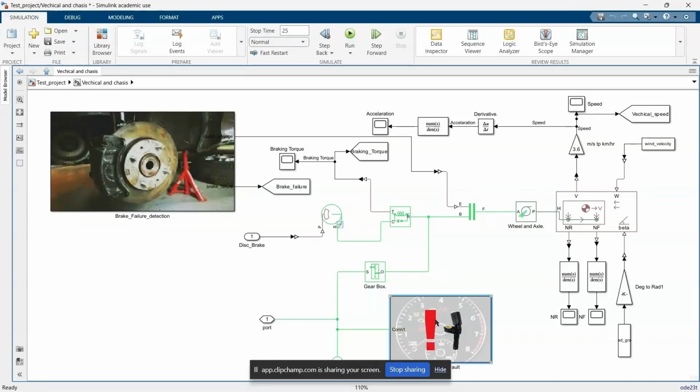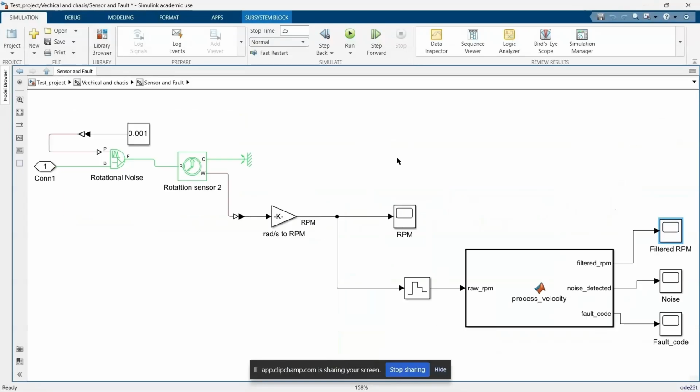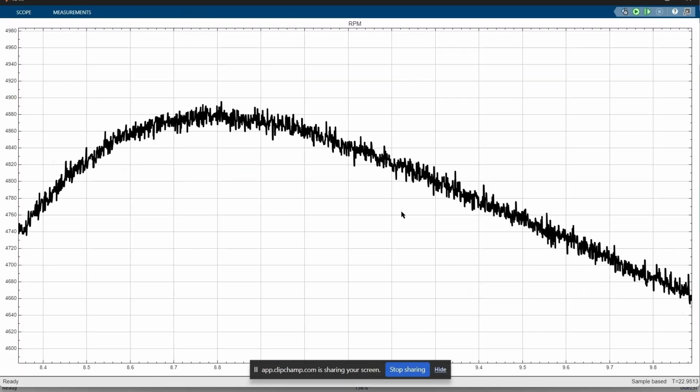And this is my sensor fault and calibration part. I've added rotational noise to my rotational sensor, and I've measured the RPM after the noise is added. So my RPM without zooming in